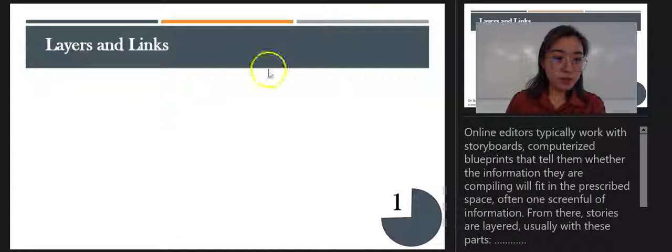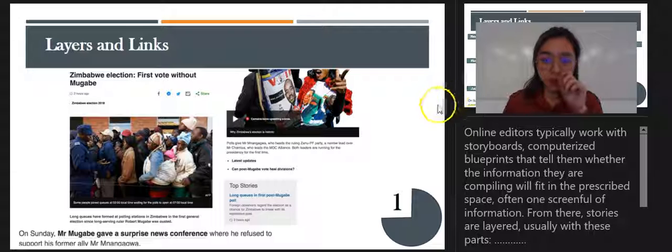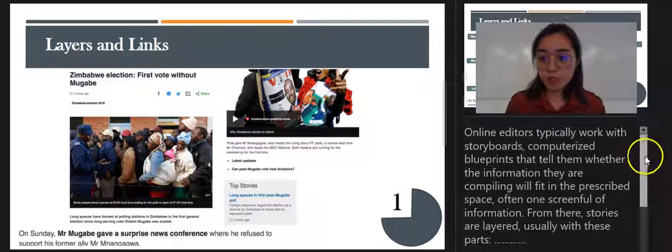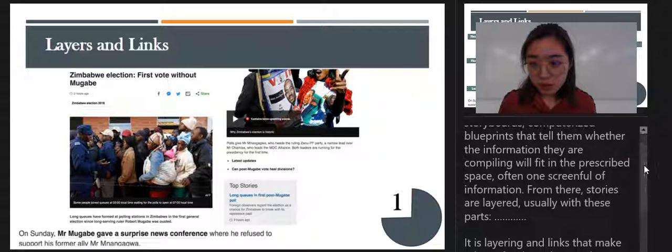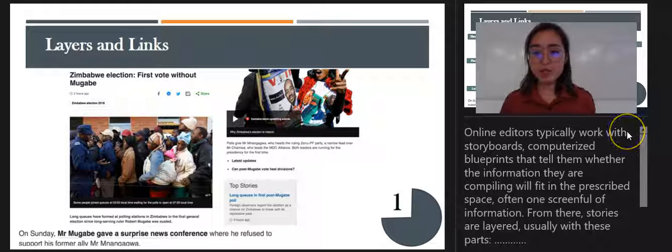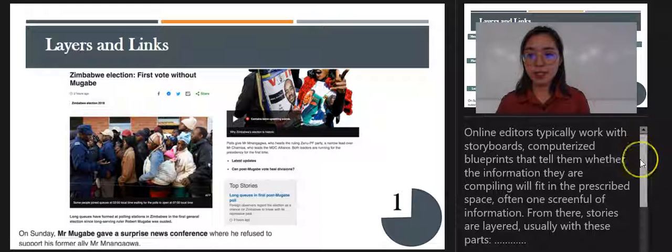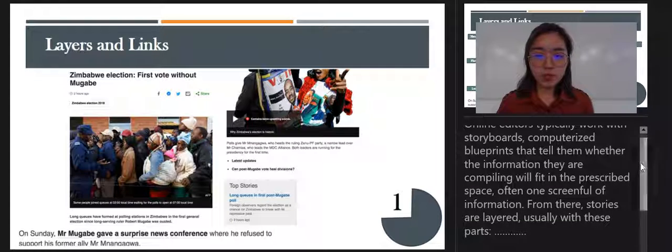The first part is about layers and links. Online editors typically work with storyboards, computerized blueprints that tell them whether the information they are compiling will fit in the prescribed space. Often the screenful of information from their stories is layered, usually with these parts: